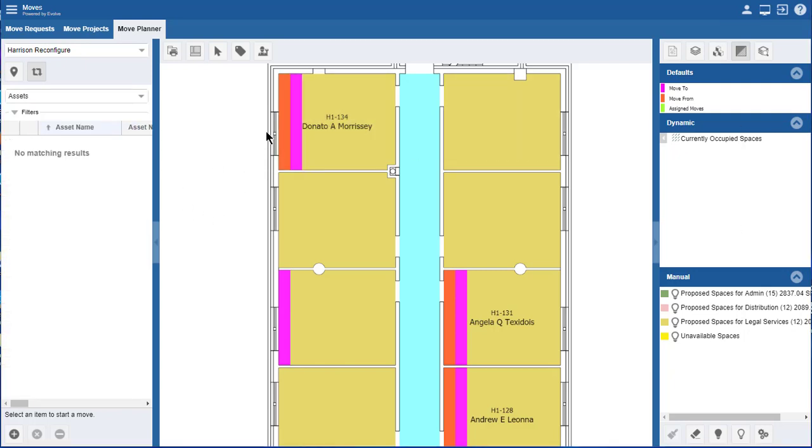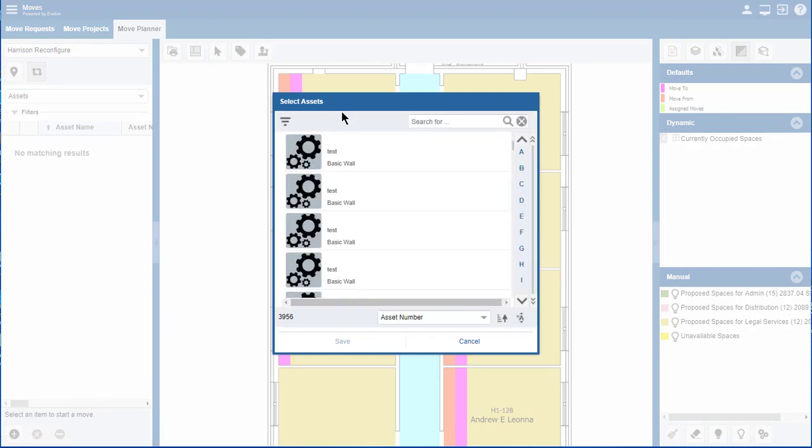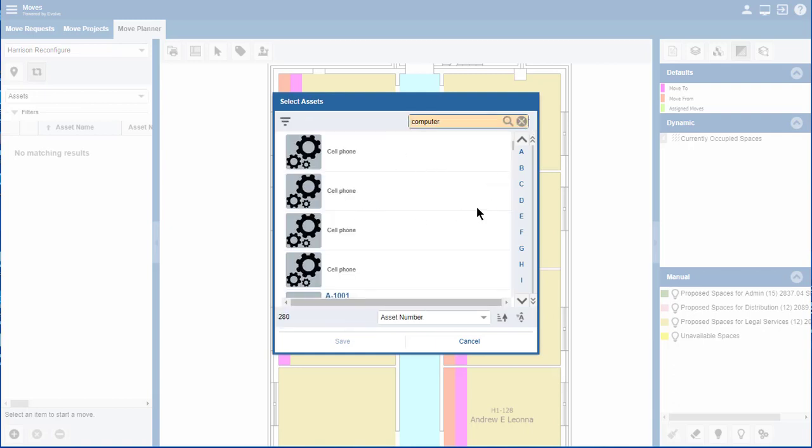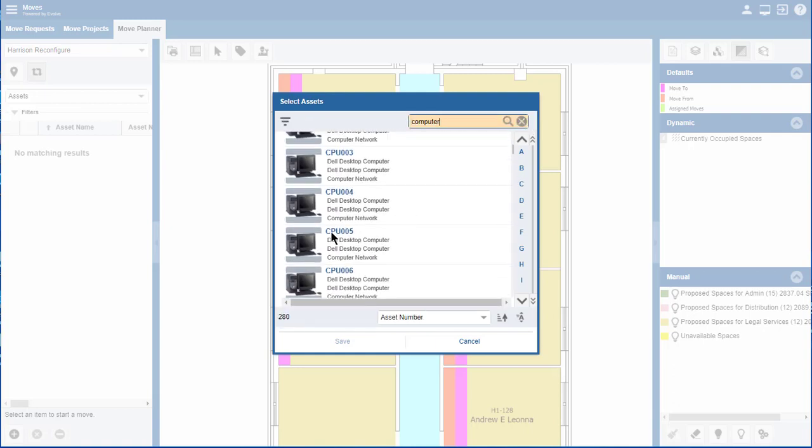Another item we need to mention here is assets. We've talked about adding occupants to the list. We can also add assets to the list by clicking on assets, coming down here and clicking on add, and say add assets, and that brings us to our assets dialog box. I can either do granular searches for asset information or general searches depending on what I'm doing. In this case, I'll just type in computer and do a search, and it'll filter everything out by computer, so I can come down here and find what I need, and click and